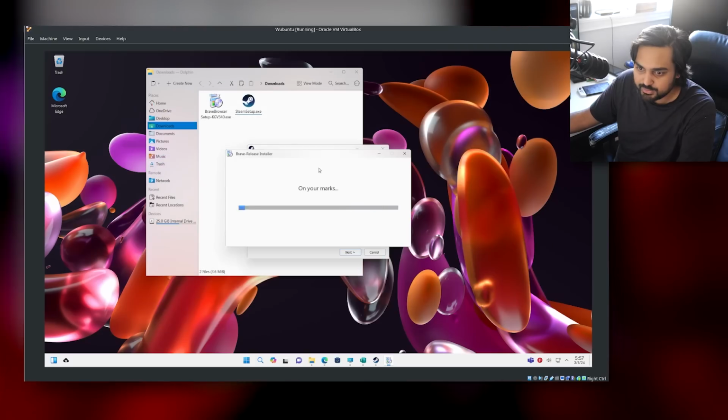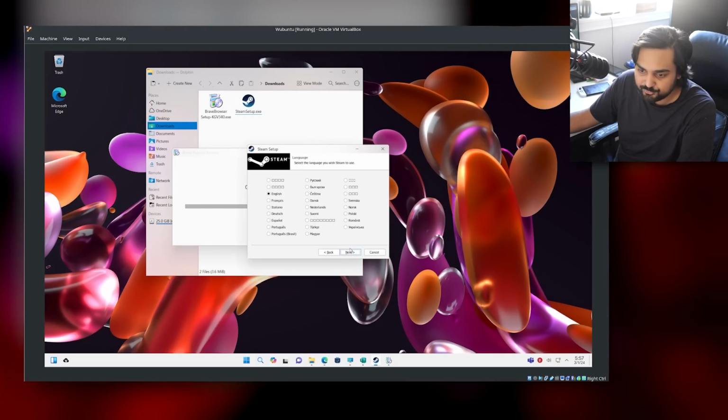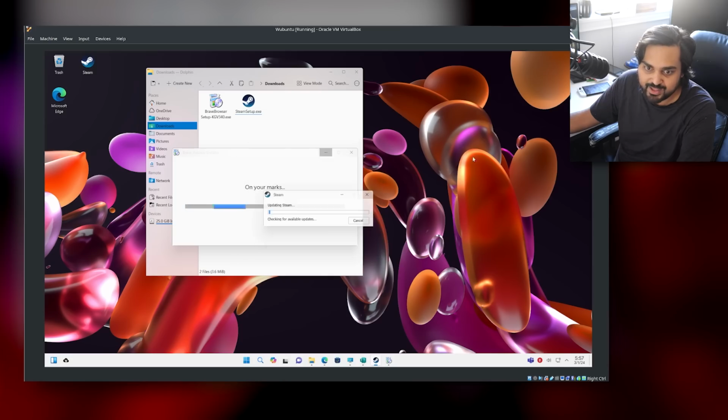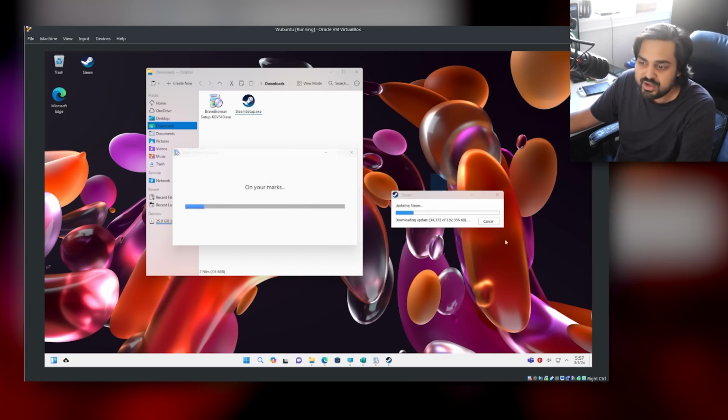And obviously you can fire up things like Steam as well. So give it a minute just so it downloads and prepares this. Look at that. It's actually installing the Windows version. And of course, you can install the Windows version of Steam right over here, finish that, and it's actually going to launch the Windows version of Steam.